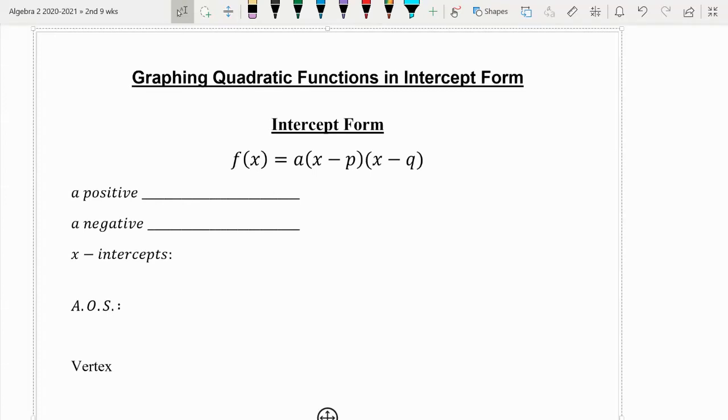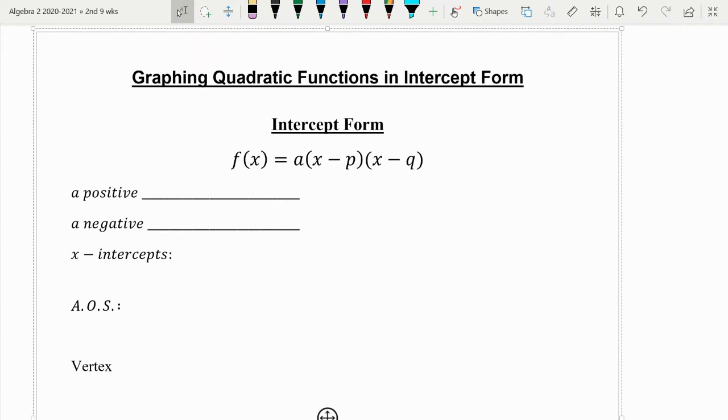All right, class. So today we're going to go over graphing quadratic functions in intercept form. Intercept form is called that because it's the x-intercepts of the graph, and that's what it's going to tell you. Each form has its strengths, and the strength for intercept form is the x-intercepts just by looking at